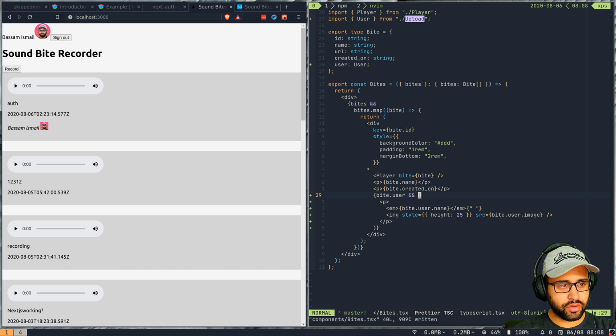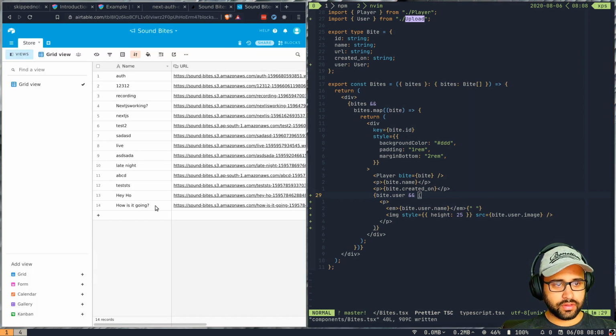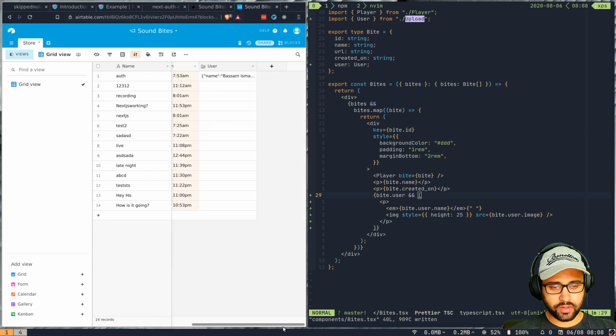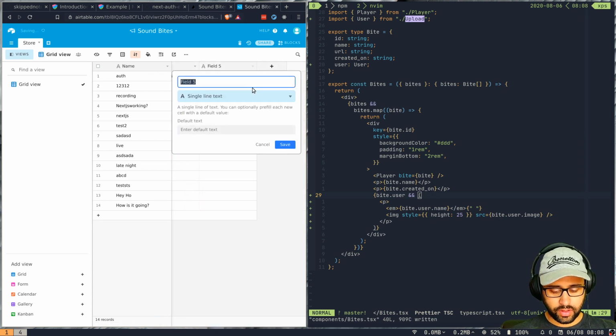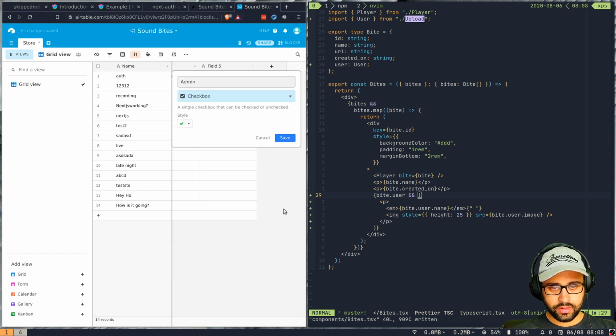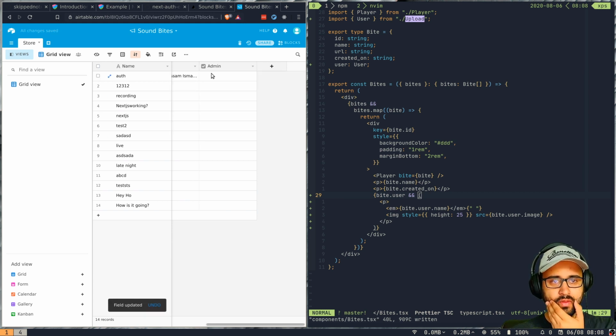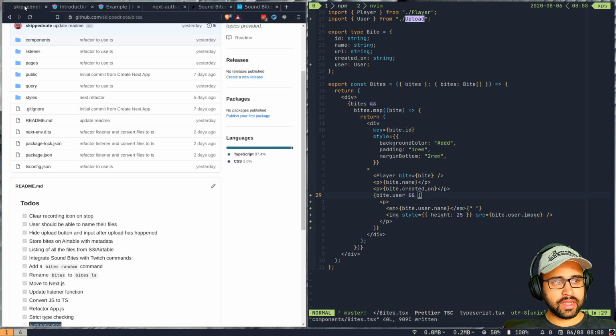The next thing would be to add authorization. So the way authorization would work is, I'm thinking of a very primitive way of doing it: just adding a column here, calling it admin, and it would be a checkbox, right? So with this checkbox, which would be a boolean field, right? So any or